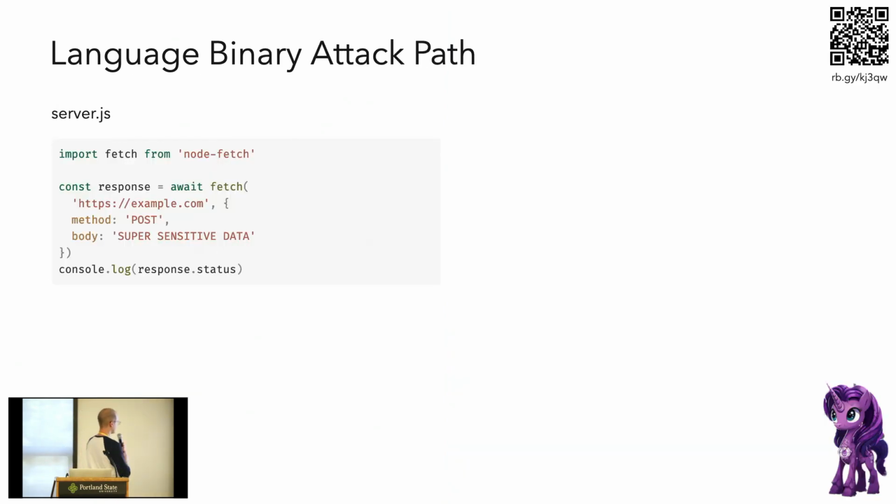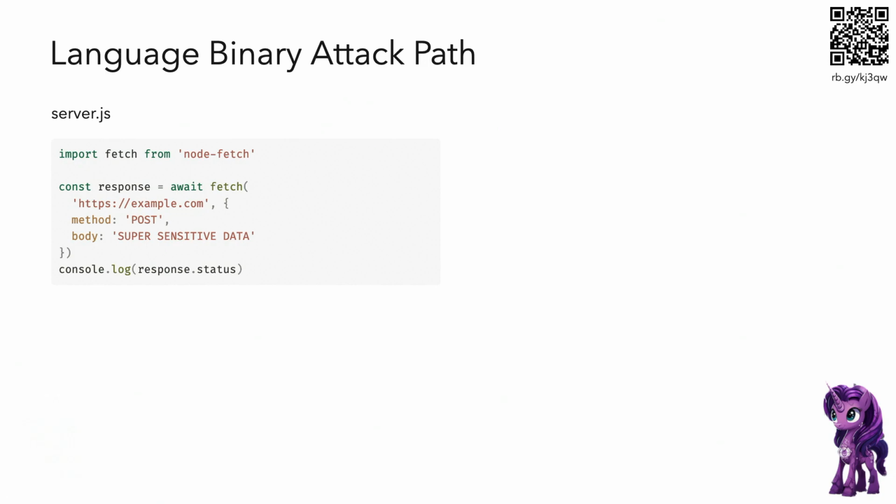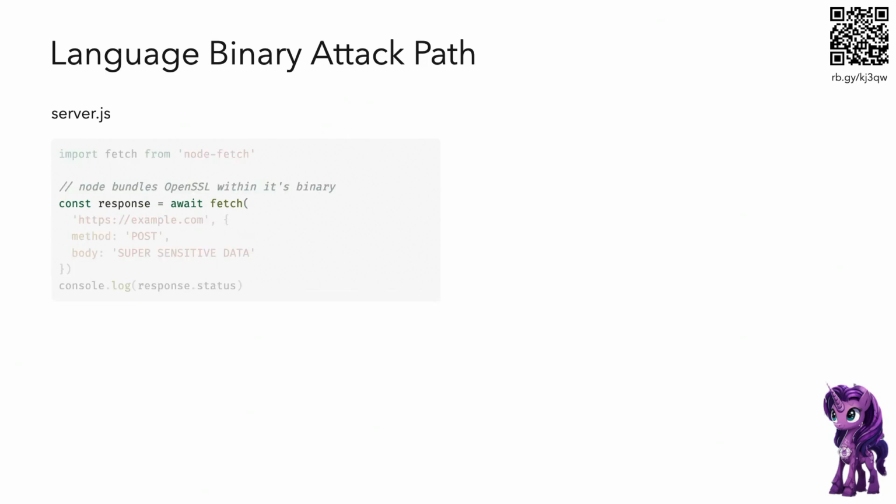So back to our example, we've got the very straightforward. Imagine something way more complicated is happening here. Got our server.js. And what's really noteworthy here is when fetch does its work, it's going to call to some underpinnings of the Node library, I think like socket, TLS, something like that. And then under the hood of that, you segue into the C code of Node, where there are various layers, and then eventually it uses OpenSSL.